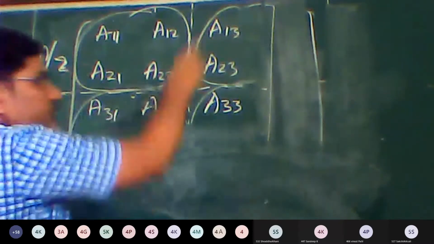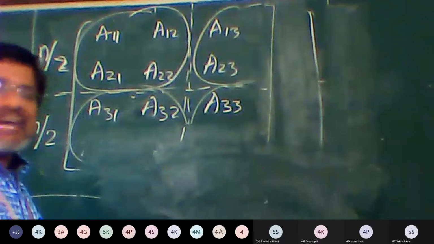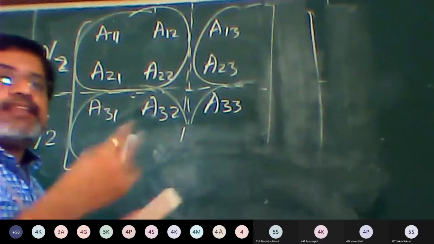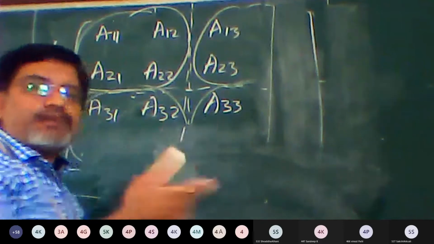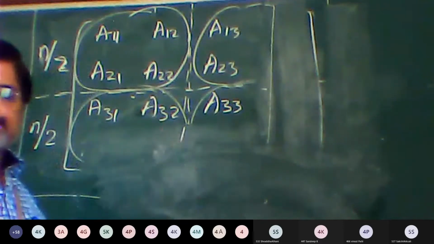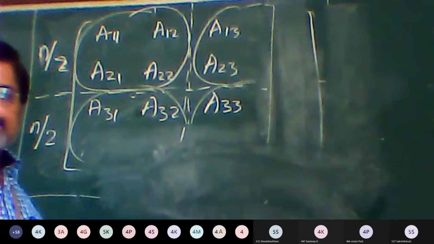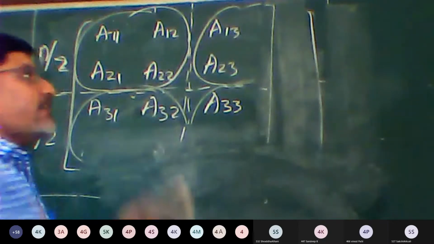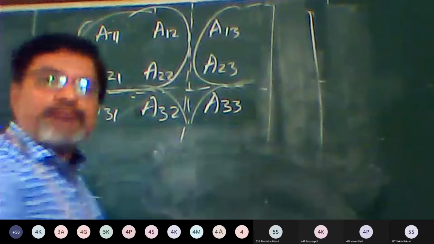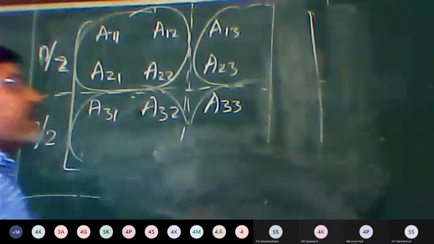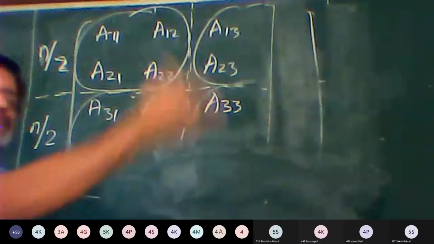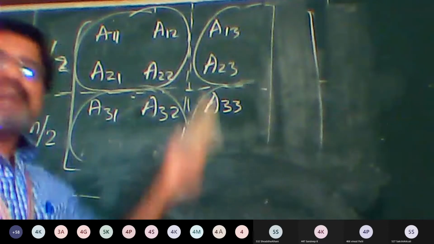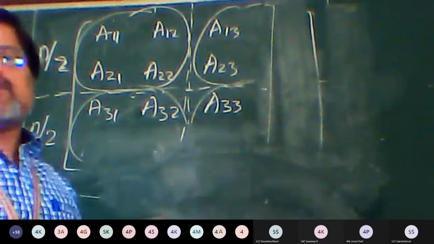There are 3 rows, 3 columns. I can't delete any of the rows or columns here. If I delete, then the resultant matrix may not contain the proper or desired result. So what I can do here is add rows and columns in such a way that I can make it a 4 cross 4 matrix. How can I make this 3 cross 3 matrix into a 4 cross 4 matrix? By adding a certain number of rows and columns.